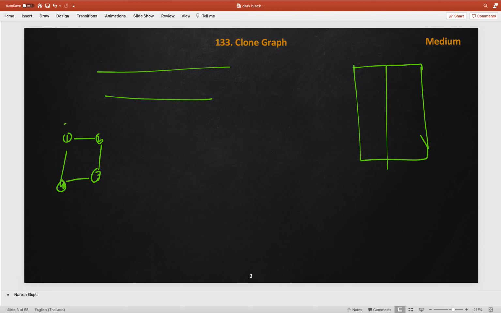So for this, first we will get the node 1. We will add this node 1 into our queue and mark the mapping from the node 1 to the new node 1, let's say 1 dash, into the map, and also keep track of that node. Now we will fetch this node from the queue, and then we will process all the adjacent nodes of, let's say I call this node the current node. Then I will process all the neighbors of the current node, which will be 2 and 4.